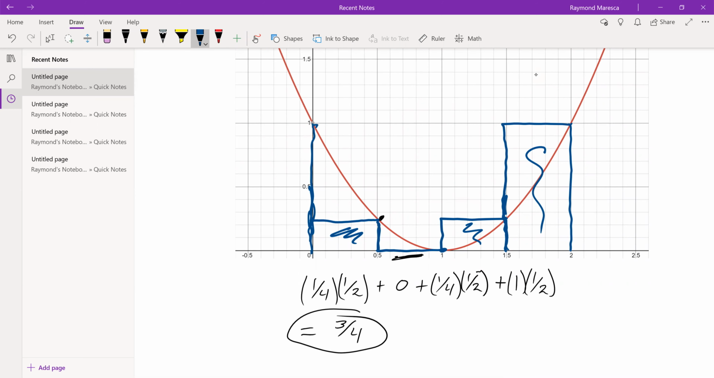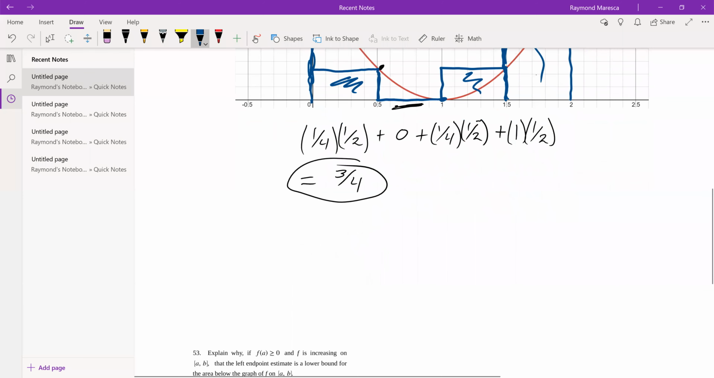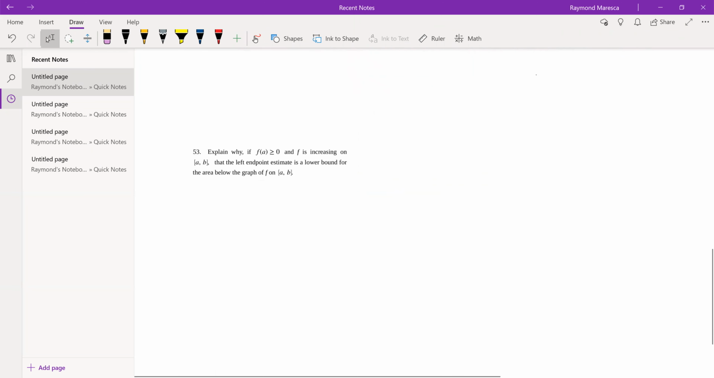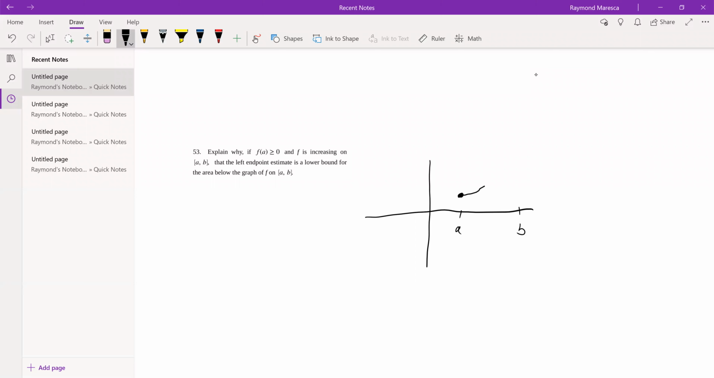So moving on, I want to talk about question 53 in section 1.1, which is a more conceptual question. So if we have a function on the interval AB such that f of a is greater than or equal to 0, so I'll put f of a here, and f is increasing on this interval. So increasing just means it's always going up and never dips down. So let's try to draw something that's increasing